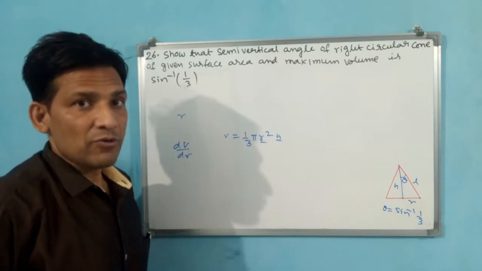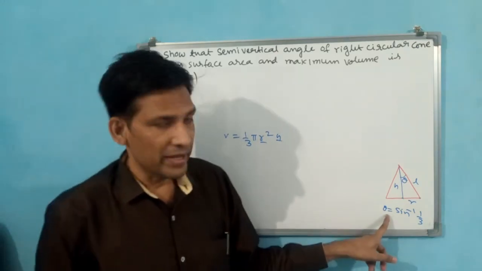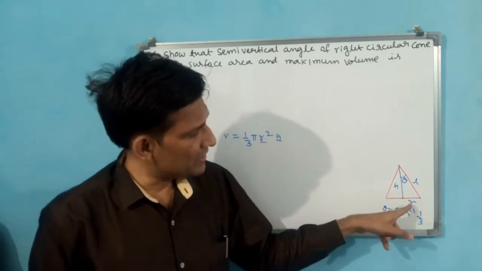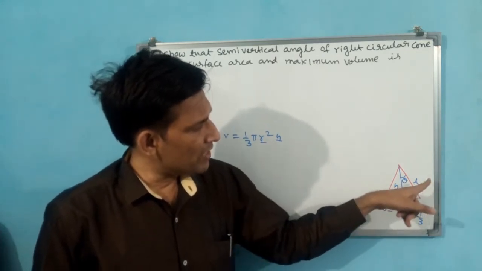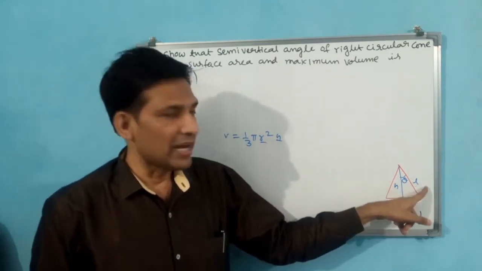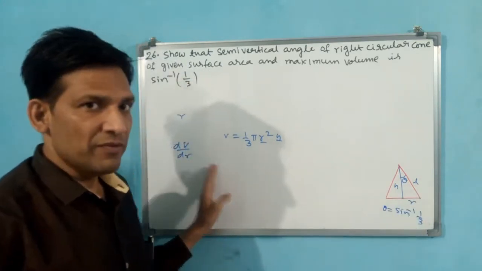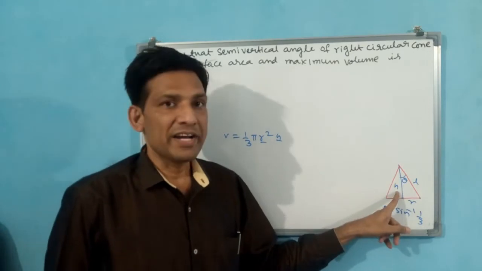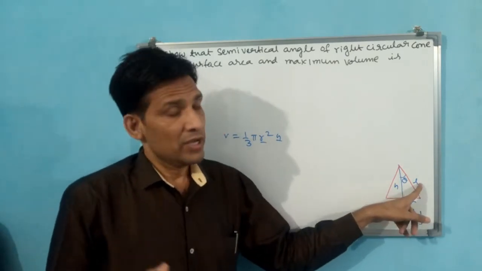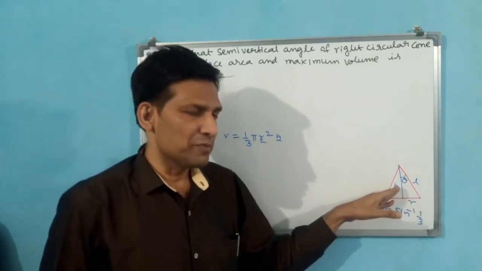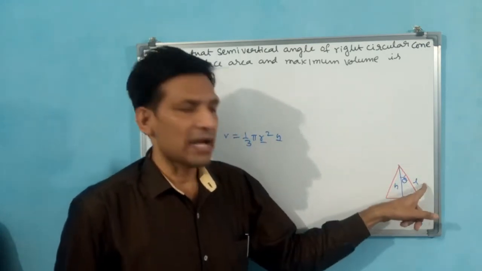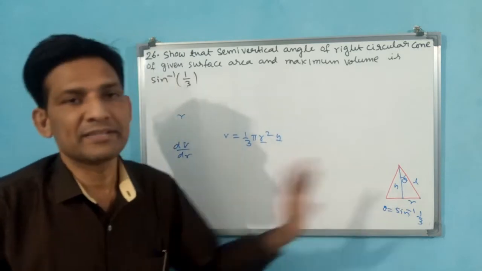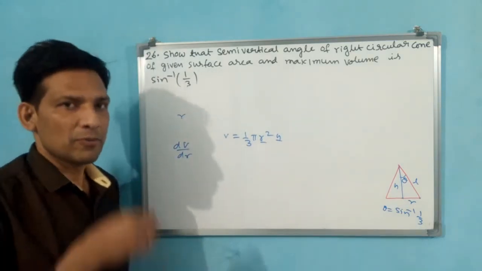Finally, what you are going to get is sine theta. Sine theta is equal to 1 by 3. Sine theta means opposite side by hypotenuse, r by L. R you are going to get anyway if you make V dash 0. Afterwards, rather than finding h, you have to find L. If L has a connection with h, then you have to find h, and L also. Finally, r divided by L is going to give this theta. Like that you have to proceed.